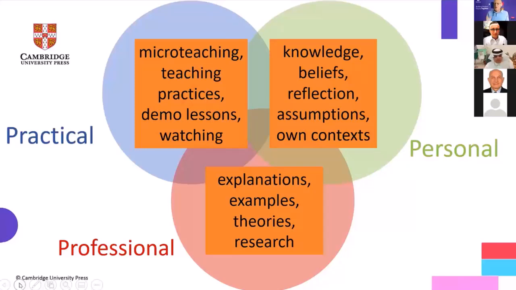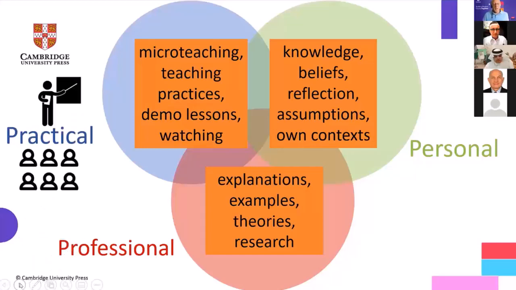But anyway, it's not PPP because this is not a linear lesson shape. This is a recipe, if you like. In other words, the things on the screen are ingredients which need to be part of our training session. We need to include all of these three aspects in different quantities, depending on the context within which we're delivering the training. And I think from the practical perspective, the icon at the top is the trainer.